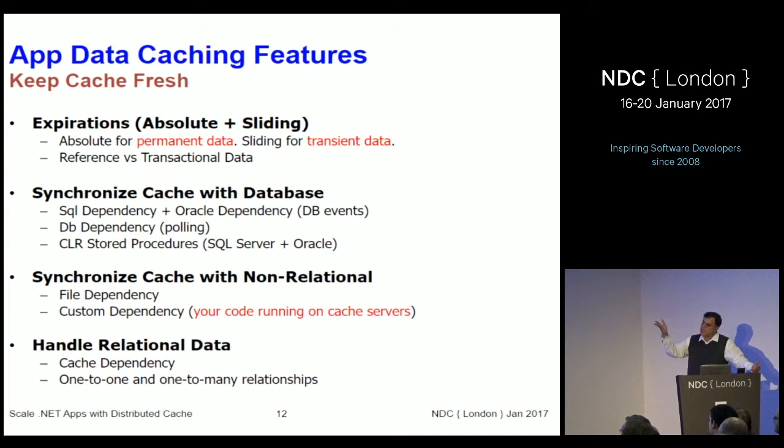So the cache should provide other hooks. In case of NCache, there's a thing called custom dependencies. For other Java caches, they have other names. The cache should provide some hooks where your code can be called, because only you know where the data source is. The cache does not know. So synchronize the cache with the database and synchronize the cache with the non-relational source. You need to be able to do all of those to confidently use all types of data in a cache. And finally, I'll come to the question that you had, is that there's an added complexity with relational databases,